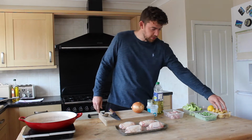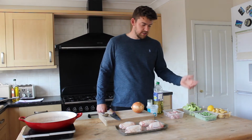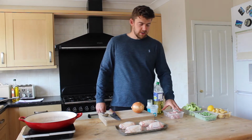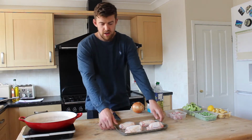We've got some new potatoes which I've sliced, some frozen peas, some broccoli, 10% broccoli is fine, or this is just a normal bunch of broccoli. Smoked bacon, doesn't have to be smoked, it's streaky, but you could use any type of bacon. And then we've got